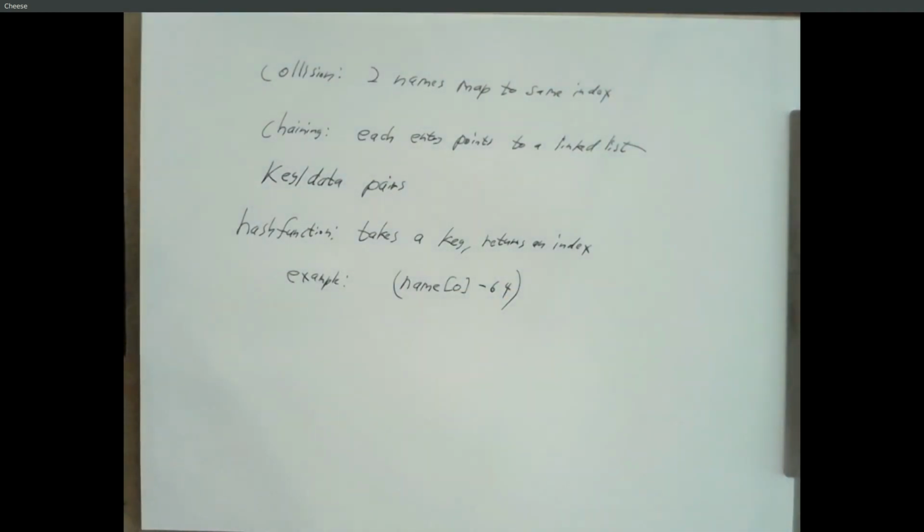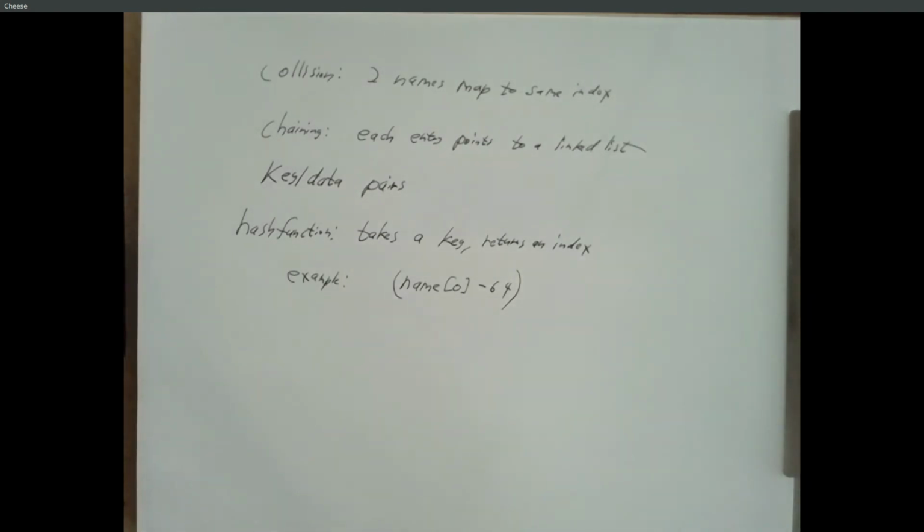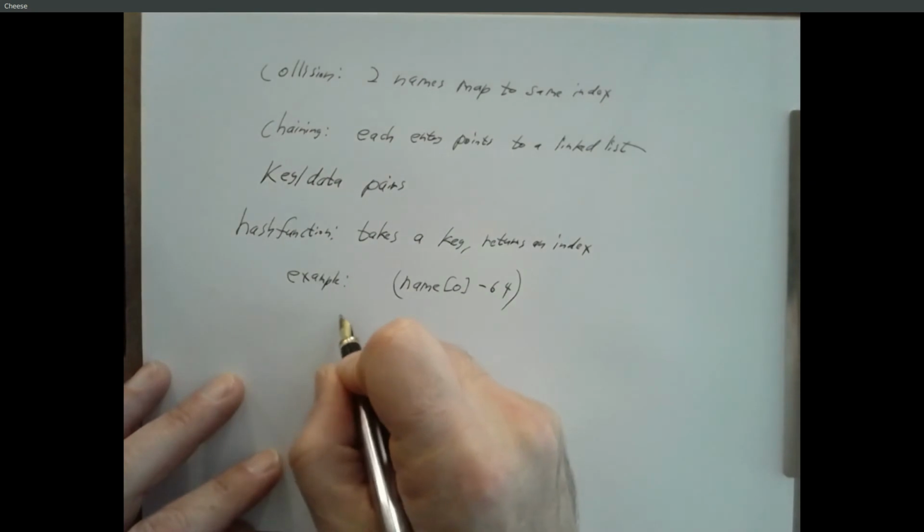And you could take the first character of the name, that'll be its ASCII code, subtract 64. So A is a 1, B is a 2, C is a 3, and so on. And that would give you this hash function that we've been using here. A better example